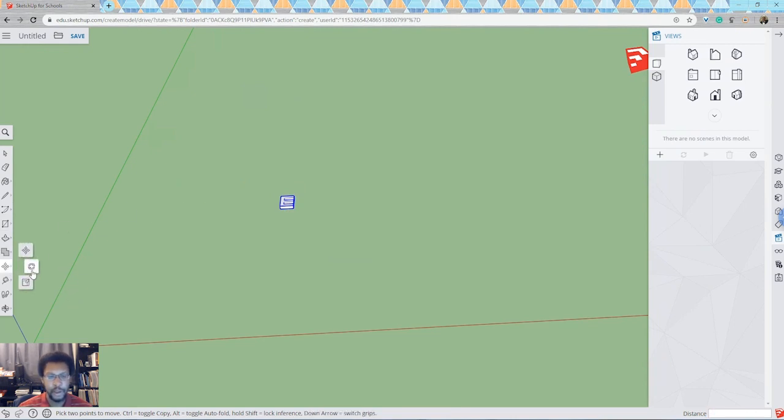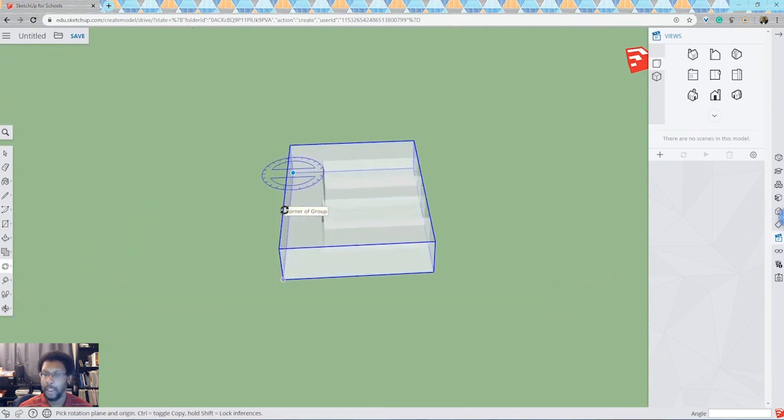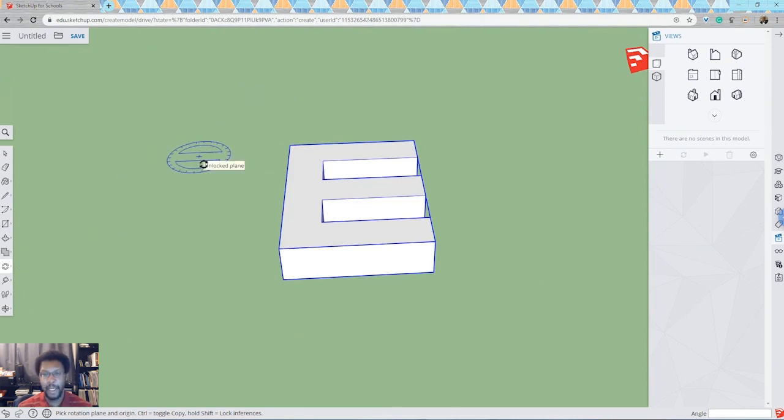Likewise, let's say we wanted to rotate an object at a certain angle. We go back to the move tool and then we select the rotate button. And we get this little protractor or compass looking thing. Let's zoom in so we can see things a little bit more. And again, I'm zooming in either by using the zoom tool, pinching or expanding outwards on the trackpad, or using the scroll wheel. We can place the compass at one corner,